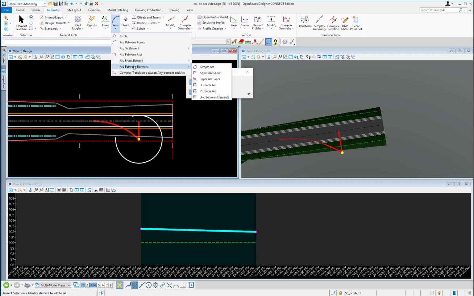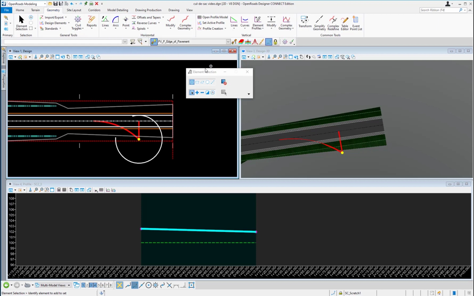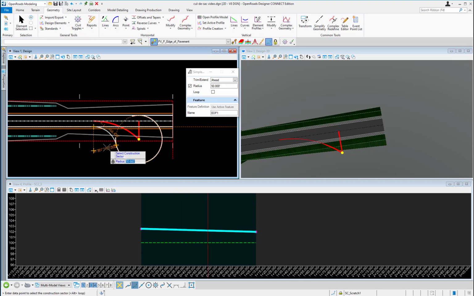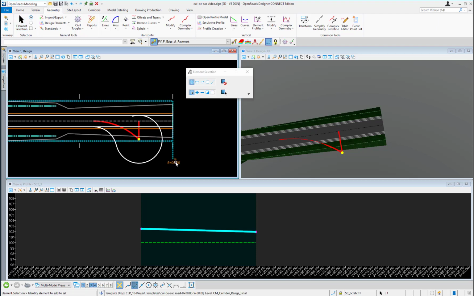And then I'll do a simple arc between elements. And again, I'll use a 50-foot radius here. Select my edge of pavement from my corridor, and then select the cul-de-sac edge of pavement. And I'll trim the ahead part of it. Now what I'm going to do is move back the corridor to the beginning of this radius,